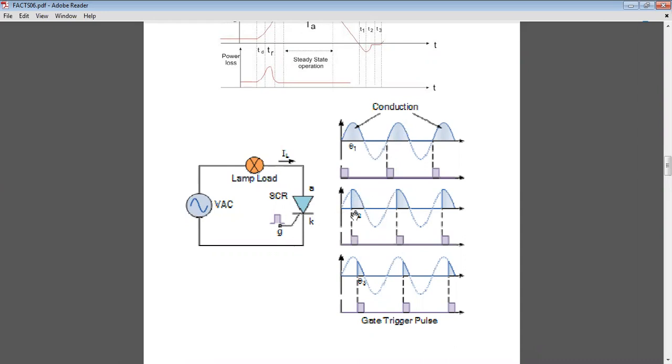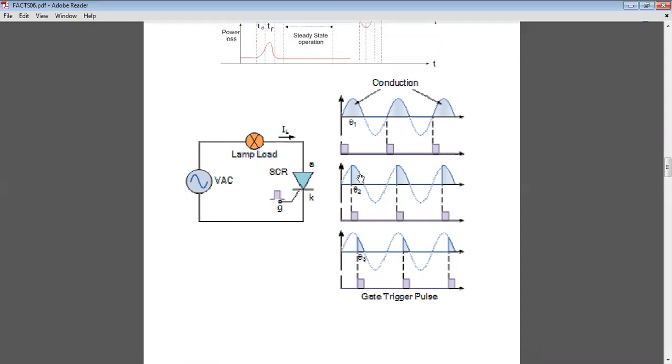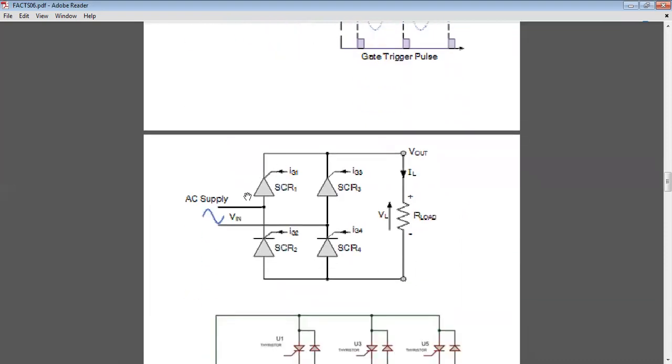So you get a controllable DC voltage, and phase control is possible. That's why it is called a phase control rectifier. And this is a full wave control rectifier. Here, considering single phase, there are four thyristors on each leg. You can consider two thyristors with a transformer midpoint connection also.